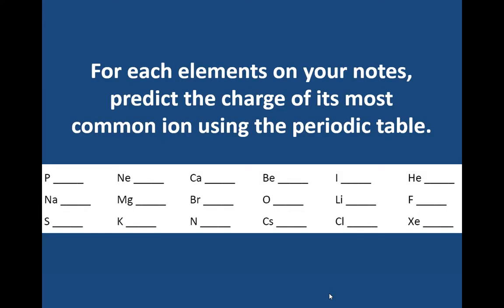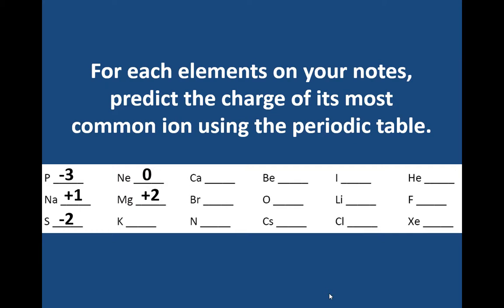Okay? So, for each element on your notes, predict the charge of its most common ion using the periodic table. So, let's see, kung alam nyo kung anong charge based on the location of that element in our periodic table. So, phosphorus, what do you think is the charge? It's negative 3. Okay, how about neon? Oh, sodium, positive 1. How about sulfur? Negative 2. Neon, 0. Magnesium,